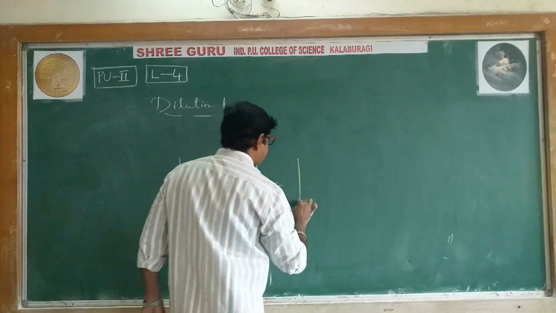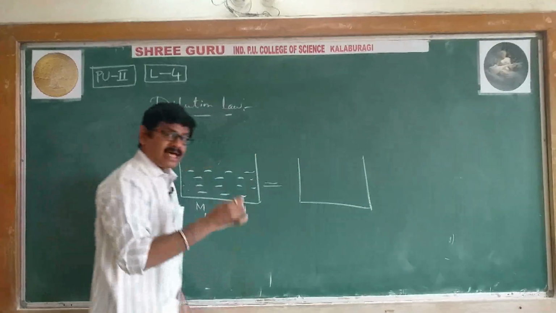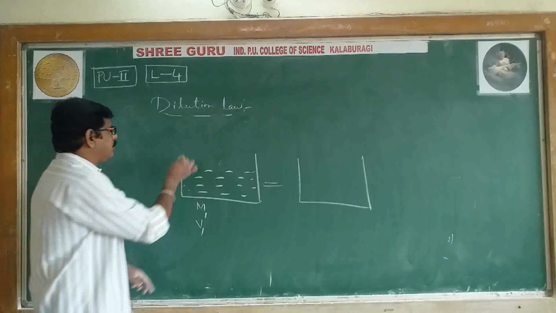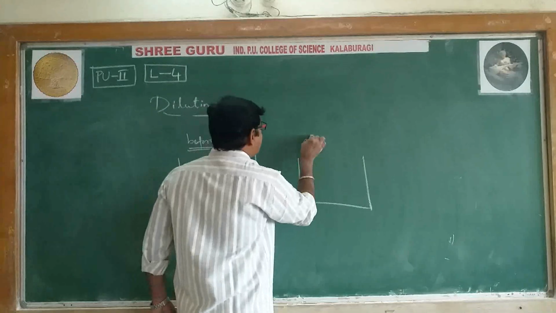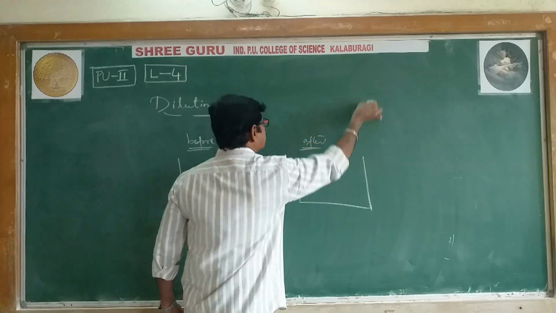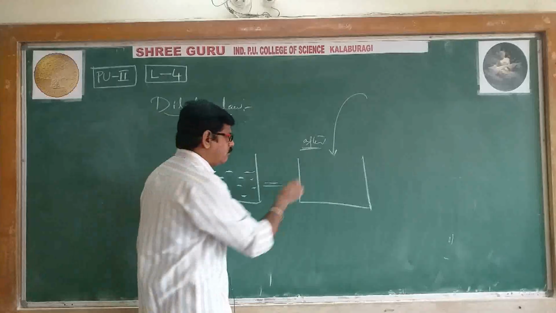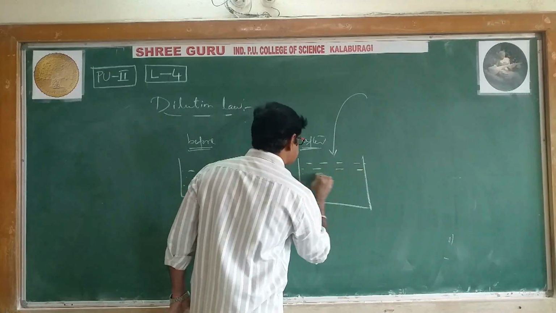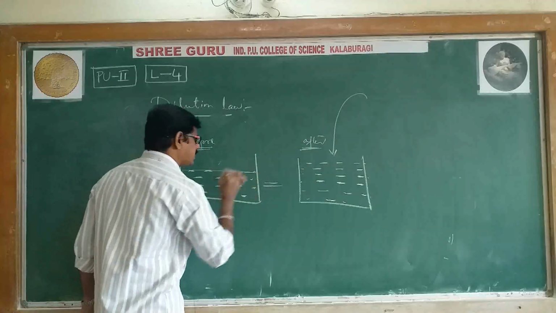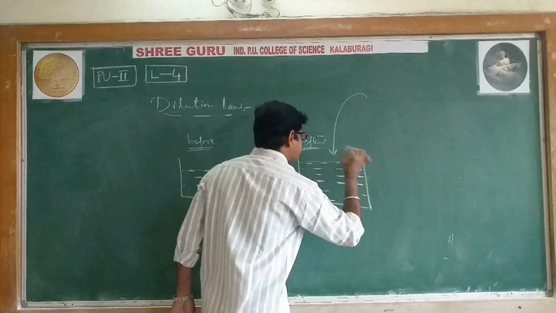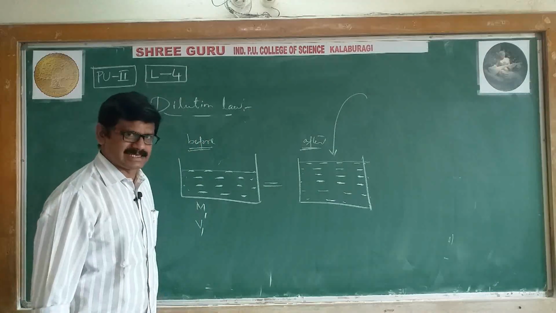Volume will change. Therefore, now I will give you another diagram. It is a before dilution diagram. Now this is the after dilution diagram I am giving, because water has been added, volume is increasing. This much volume it becomes. Previously volume was up to here only. Now volume is increasing because excess water has been added.